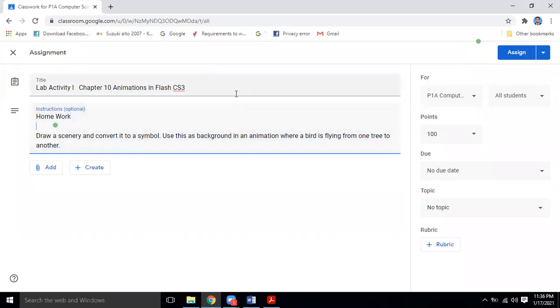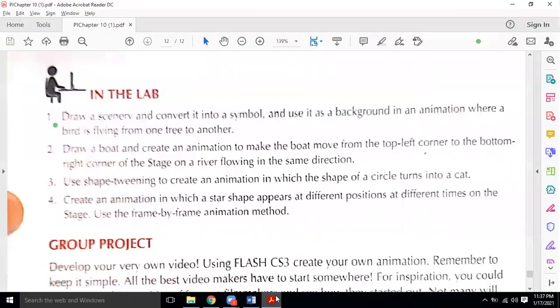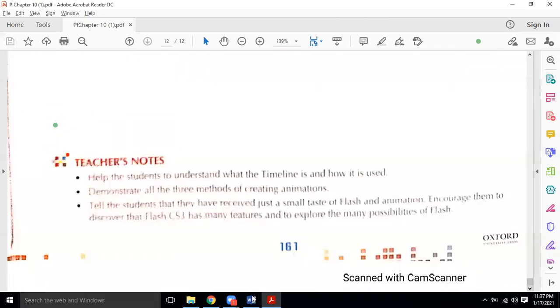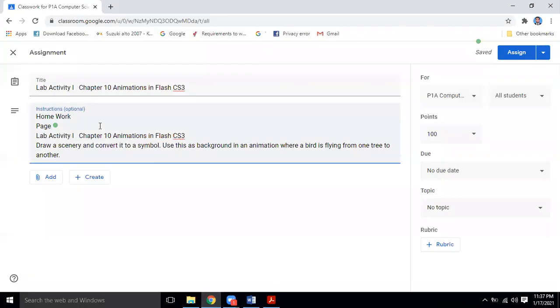This is from chapter number 10, the lab activity given on page number 161.